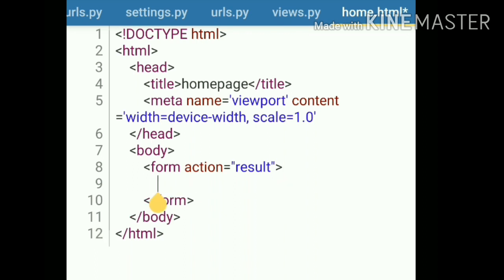If you don't know about the form tag, it will take some input, and then after submit it will take the action, that is result, something like result.html that we will create. So inside the input tag we will take an input from the user, so type will be text, and to get the data from the views.py of this input we have to give the name. So let's give it something like enter data,